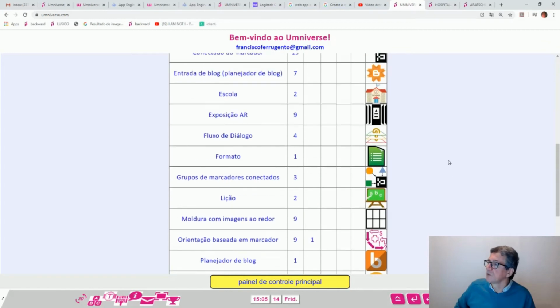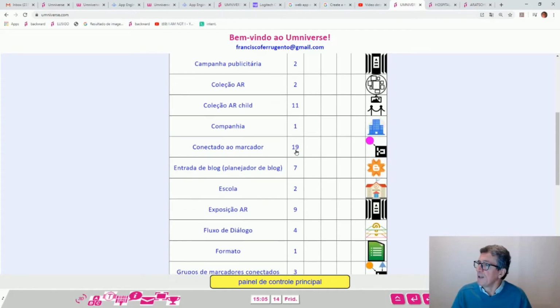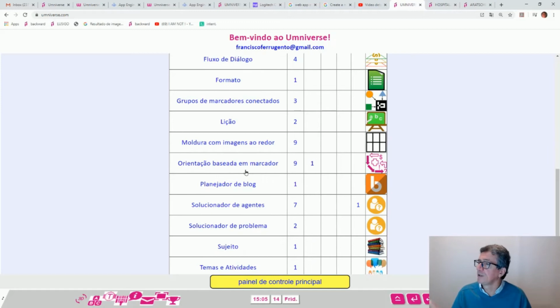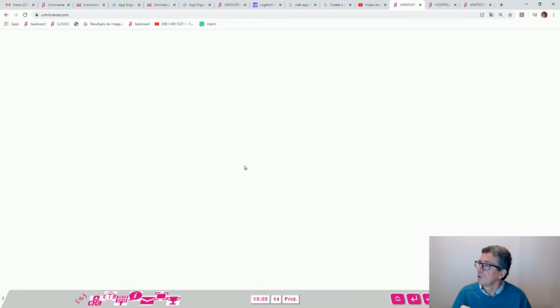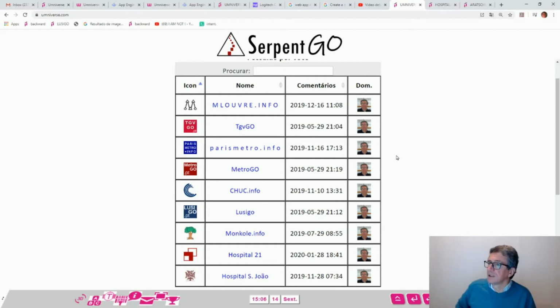When you create an app, of course, you can have many versions of that app, so you can offer that app as software as a service. For instance, this is in Portuguese. I can change it easily to English, but for the time being, for instance, this is a wayfinding app,